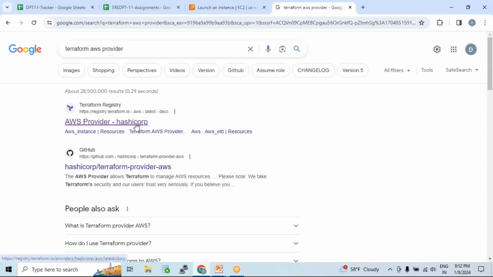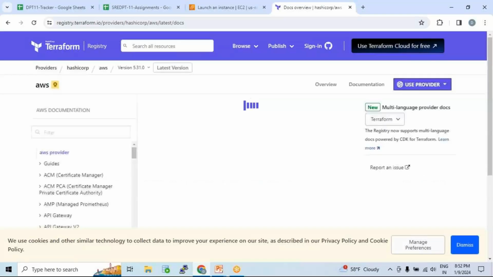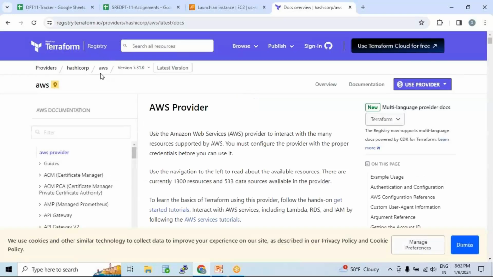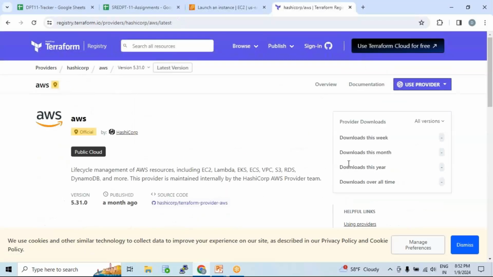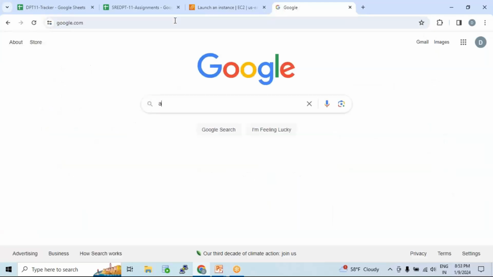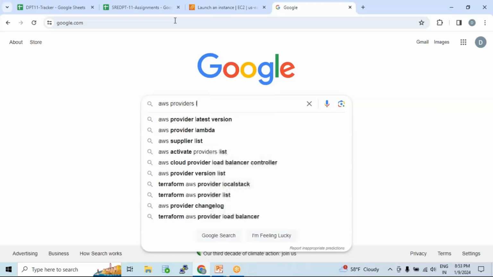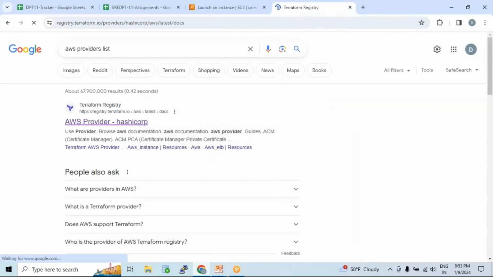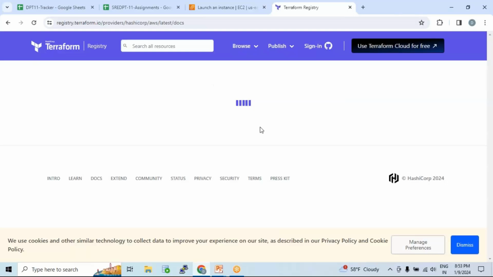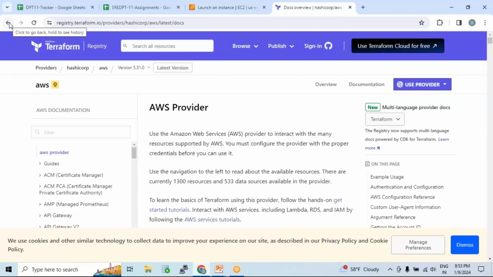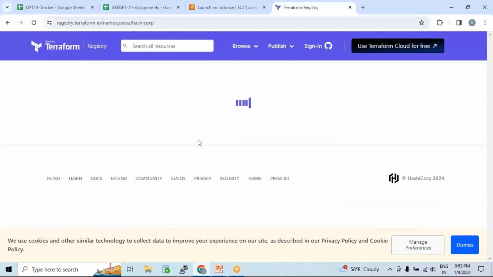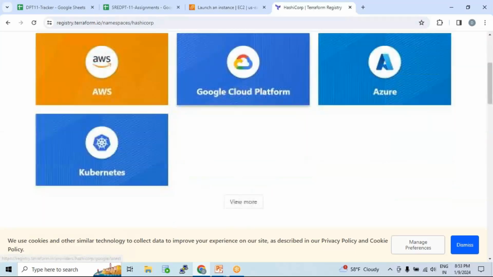Here AWS is treated as a provider, guys. That means if I get into their documentation, I just wanted to go to the AWS providers list. Okay, so you see here, guys,